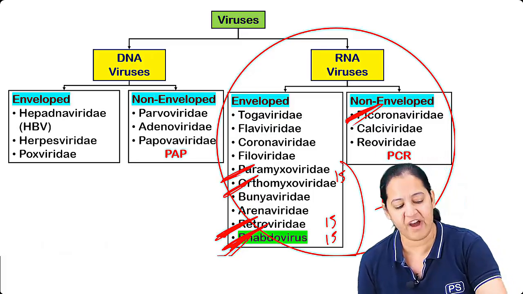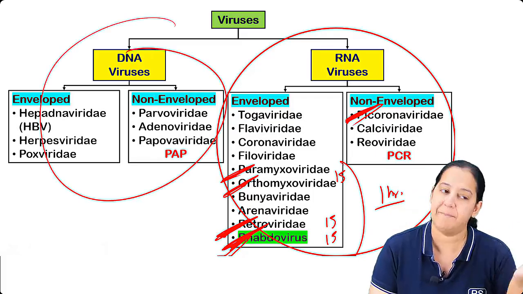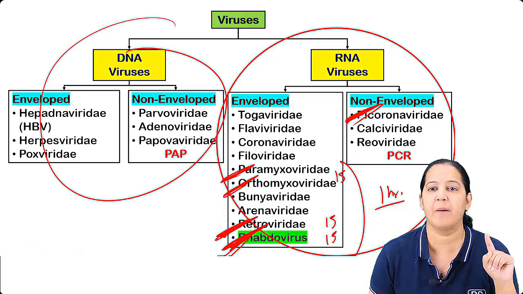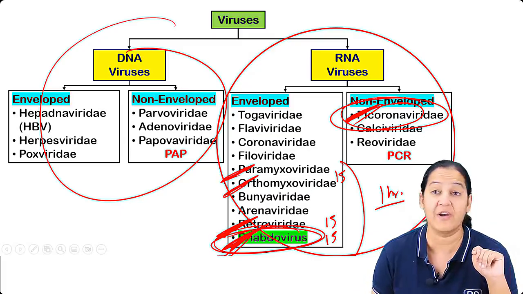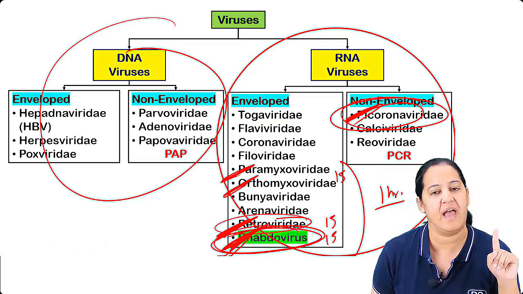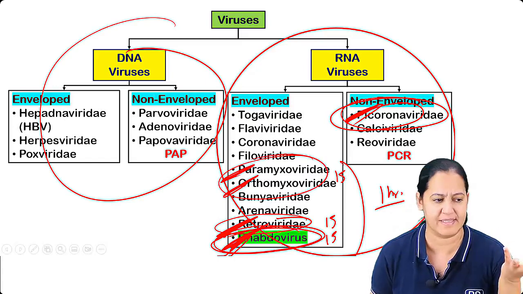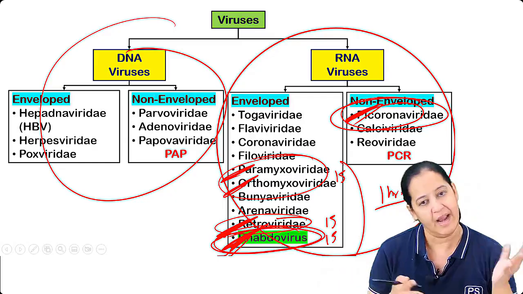So basically 5 more RNA viruses I have to continue. All DNA are done and maximum RNA are also done. We have completed picorna right now, and now I'm starting with rhabdovirus, the rabies virus. After that, I will teach you HIV and ortho and paramyxo. That's it. So all the important RNA viruses will be covered, and DNA we have already seen.